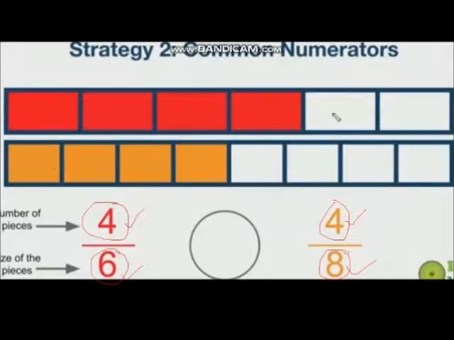In this first one, only 2 parts are left and in the second one, 4 parts are left. Now, in which one are the parts less empty? Here, in the first fraction. So, the 4 upon 6 fraction will be greater. You have to see only in which strip fewer parts are empty. So, here in the first fraction fewer parts are empty. That's why this 4 upon 6 fraction will be greater than this 4 upon 8, because here a lot of parts are empty and here only 2 parts were empty. That's why this 4 upon 6 will be greater.